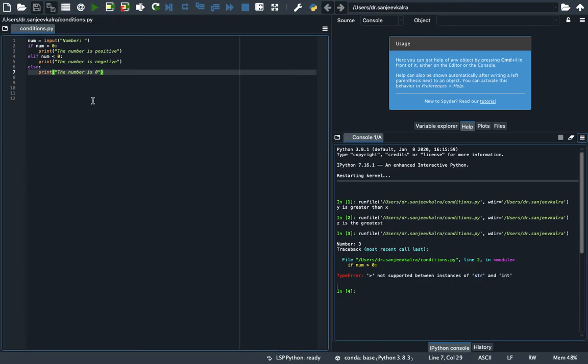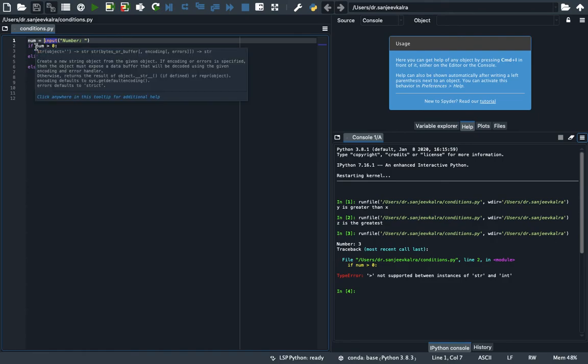So that's because whenever we type in input function, it always takes the user input as a string only. It does not care about the input being integer or float. It just converts the input to string.